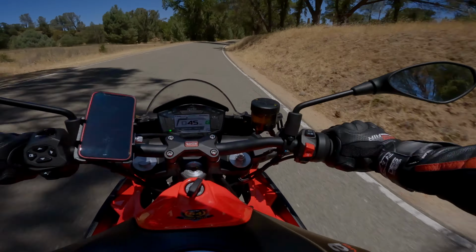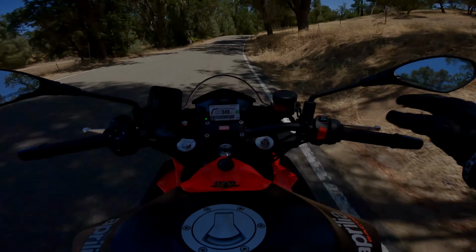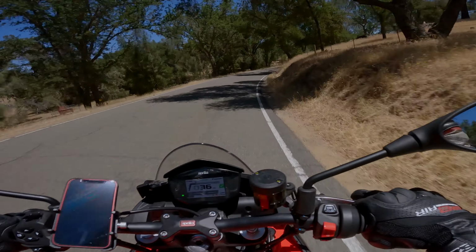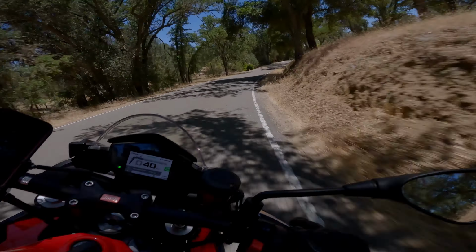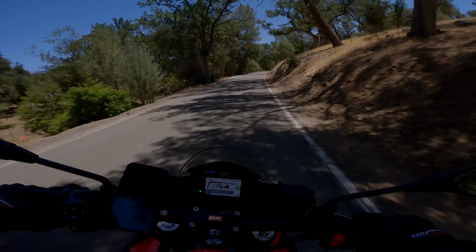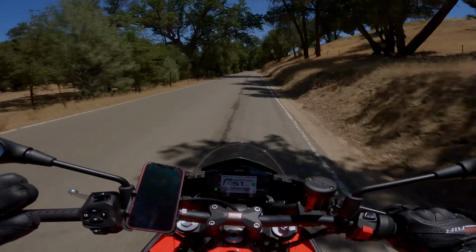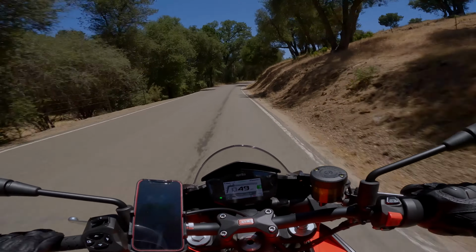I really feel like I'm on my mountain bike right now with these big, long, wide handlebars, and I have so much control over this motorcycle. It tips so easily. It's so freaking playful, which I think is super cool about it. And in addition to that, what makes it even more playful would be